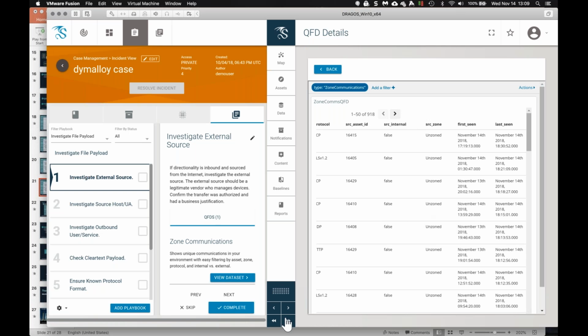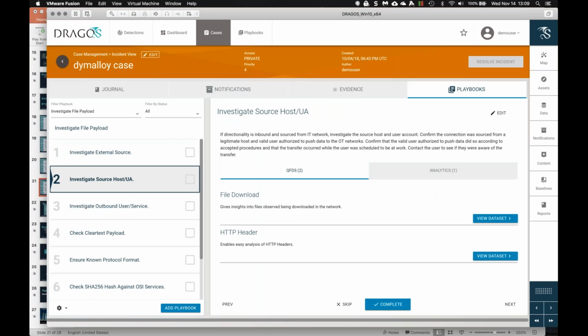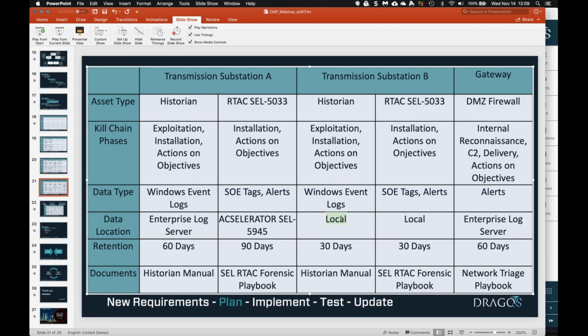If I'm looking for something else, say one that may include host as well as network data, well, network data, I may have full visibility of. So in our previous example, we have one gateway, I check the enterprise log server, yes, I can see everything. From a host perspective, I have the data in my enterprise log server here, but for my other substation, I